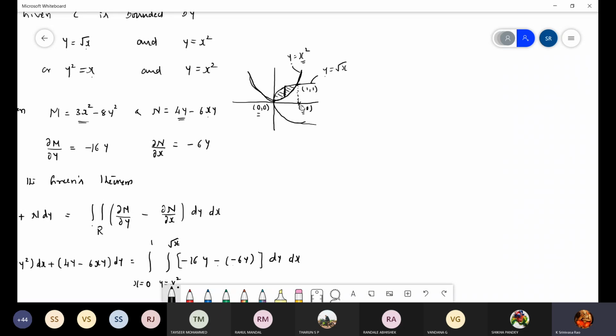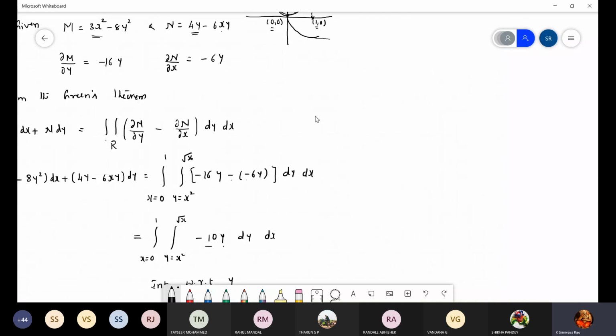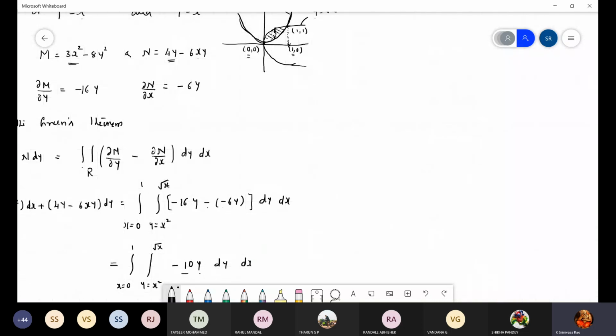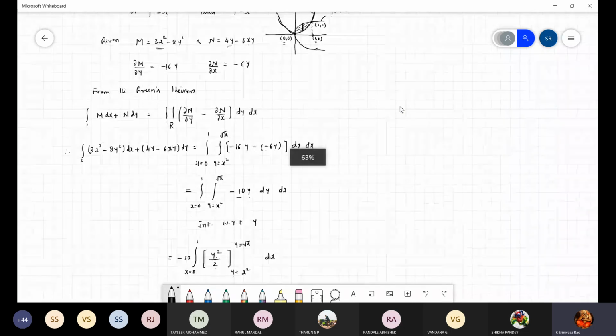Okay, x varies from 0 to 1. So for y, don't take 0 to 1. Even though if you draw one perpendicular on the y axis it is 0 to 1 only, you can't substitute both limits as constants. One should be constant, another should be variable. So instead of a vertical line, you can draw a horizontal line also. Then y varies from 0 to 1, and x varies from where to where, that you have to calculate. The starting of the line and ending of the line, the boundary of that curve, that you should take. Got it? Clear?